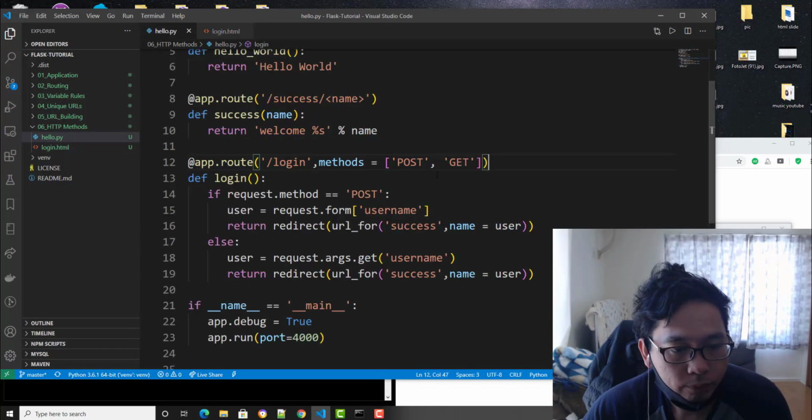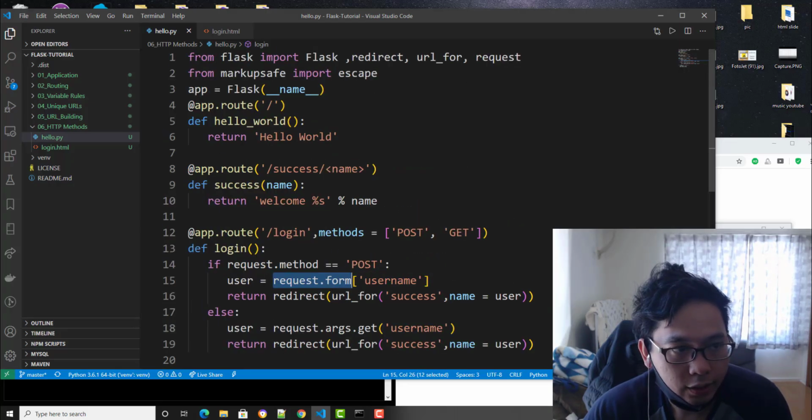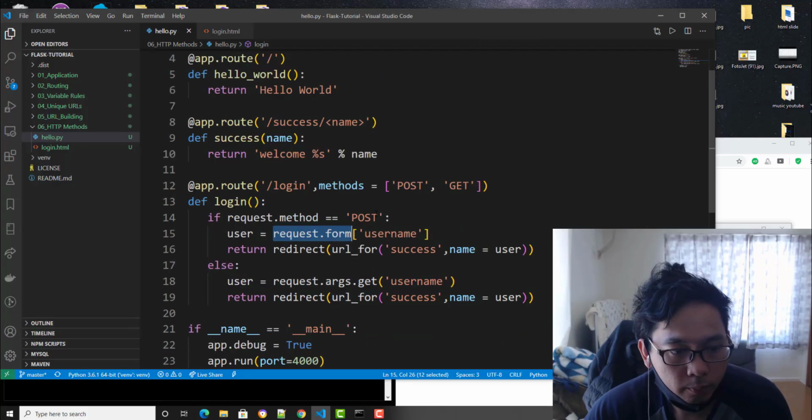We're gonna get the username, request.form username. What is this username? What is this request.form? So you need to add that on the form plus import request. You need to add that request method and user, and we're gonna pass it to the success.